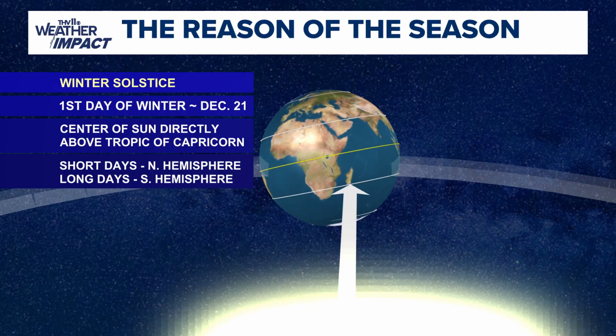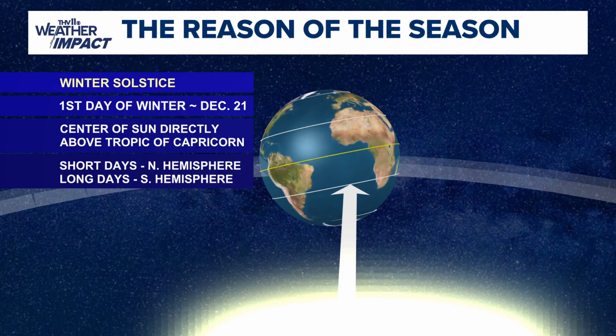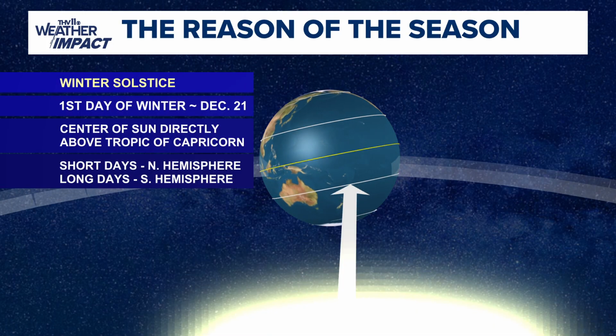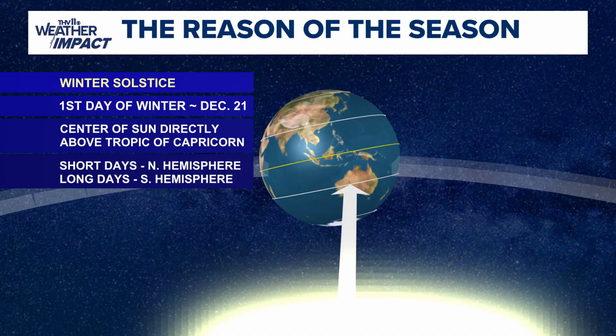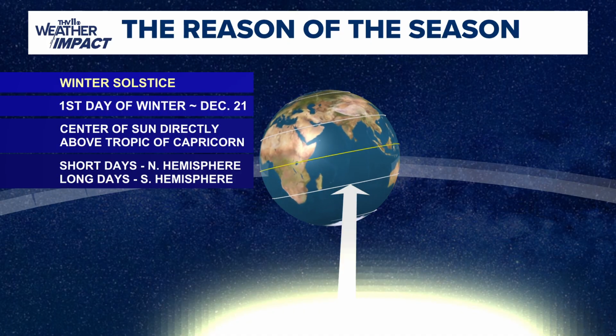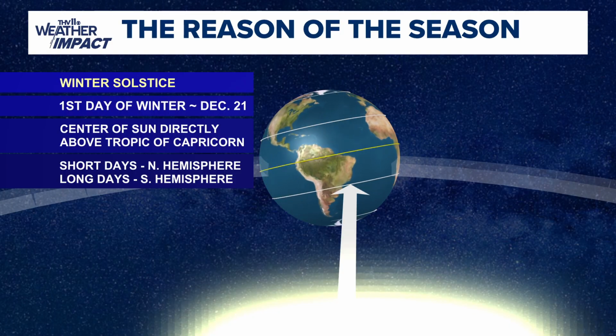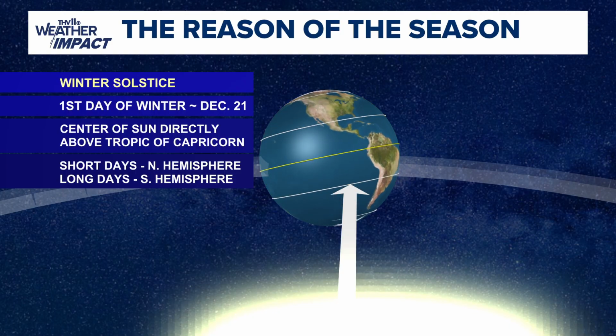Just 24 hours of darkness, but people up there are used to it. That certainly would be a unique situation to experience, 3 o'clock in the afternoon and it's complete darkness. We say it's 12 hours exactly of daylight and 12 hours of nighttime, but that is not necessarily the case